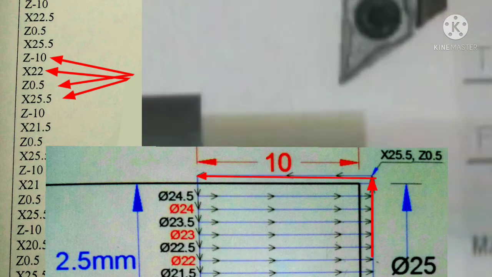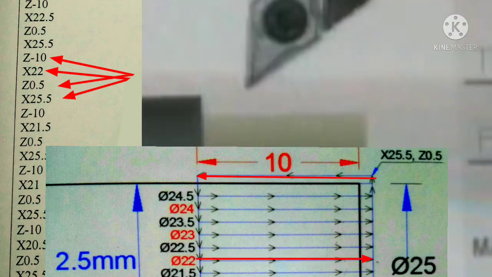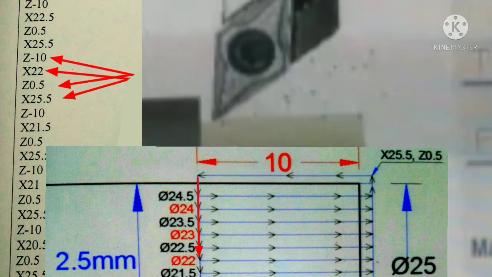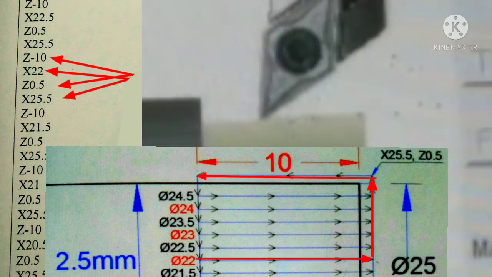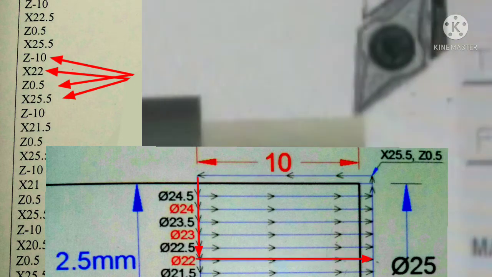Now it will go 10 millimeter backside again for Z minus 10, then X22 point, and after that it will go to the initial point, that is Z0.5 and X25.5 millimeter by cutting the workpiece.